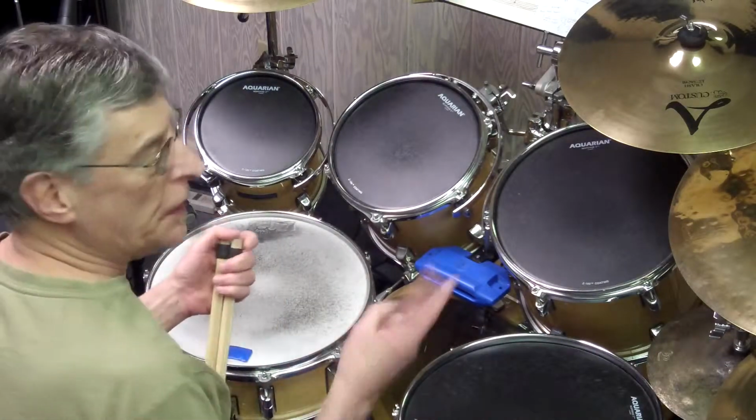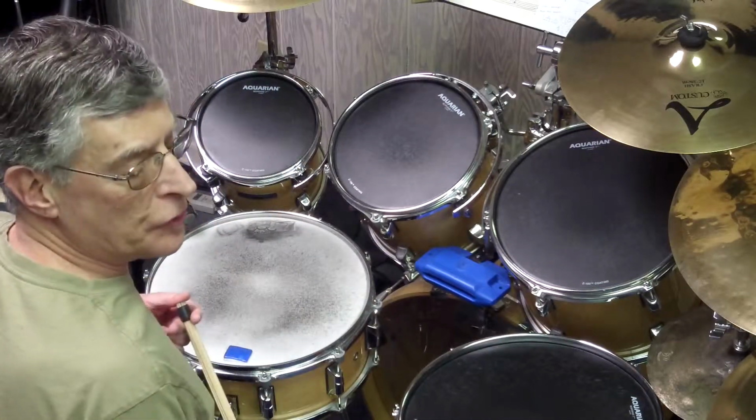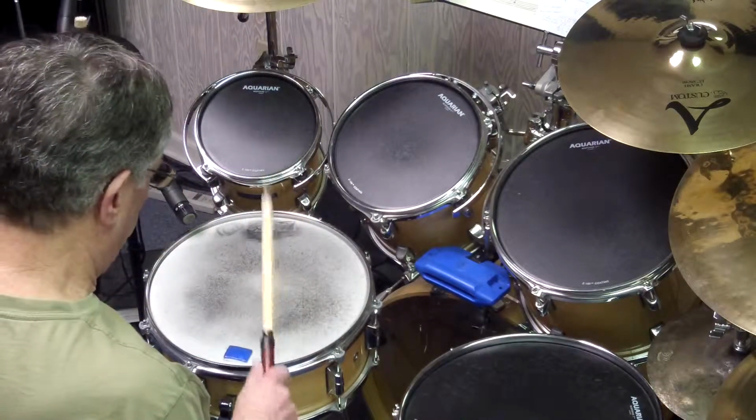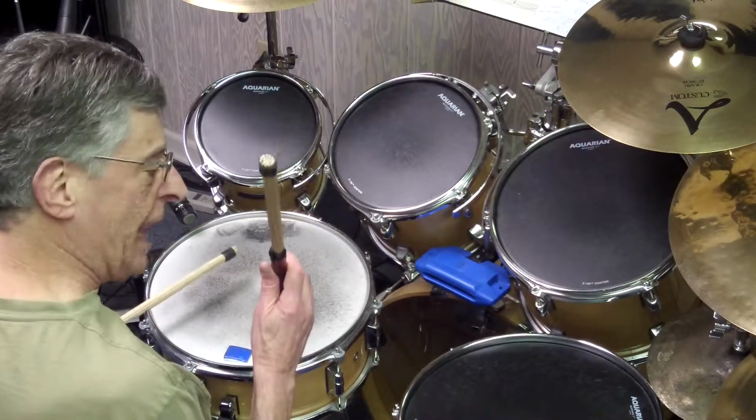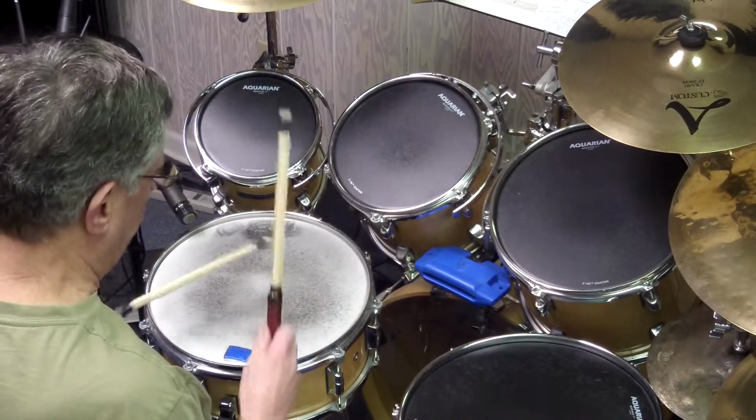And the difference between a Flam tap and a Swiss Army triplet is in the execution of the Flam. In a Flam tap, we use an alternating Flam, which means I have a downstroke for the primary note and an upstroke for the grace note. Put together,